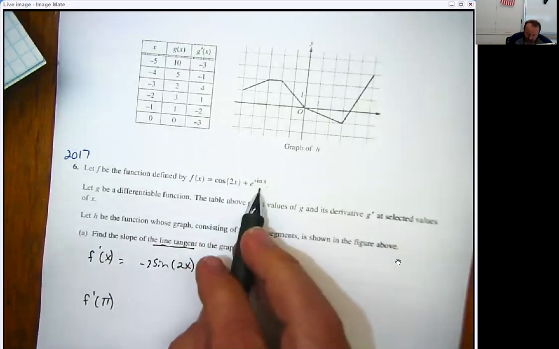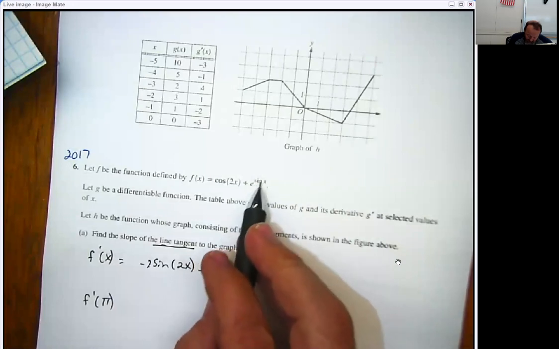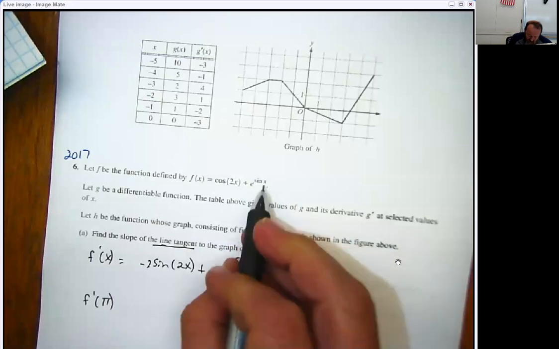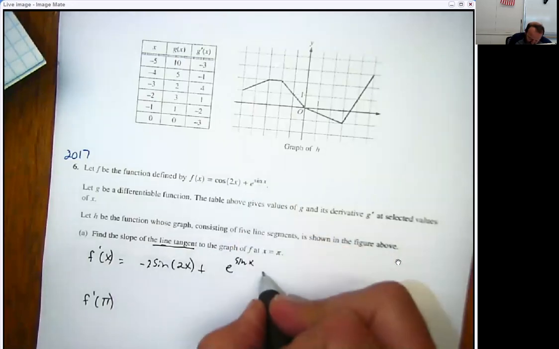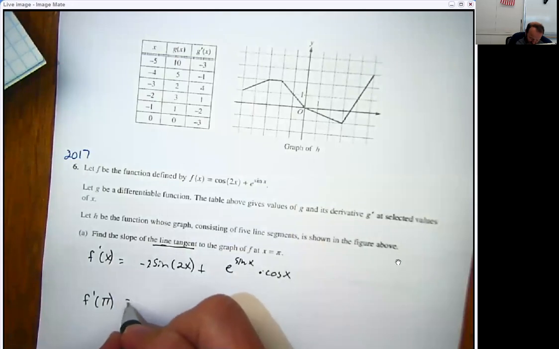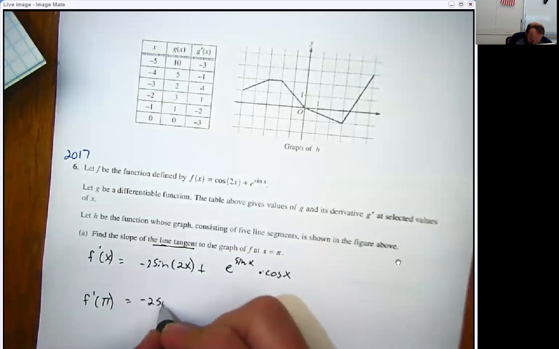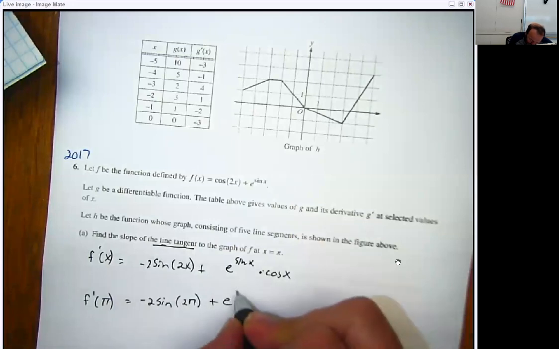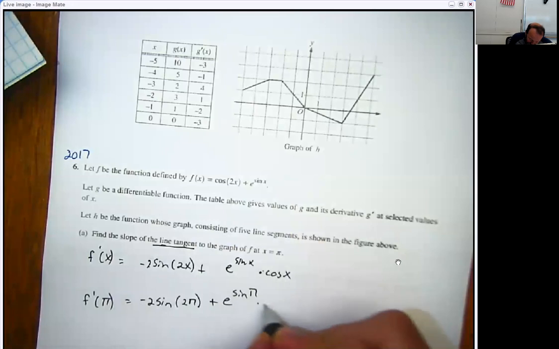And the derivative of e to the u is e to the u du, so this is e to the sine x, and the derivative of the sine is the cosine. So if I want to find f prime of pi, I need negative 2 sine of 2 pi plus e to the sine pi times the cosine